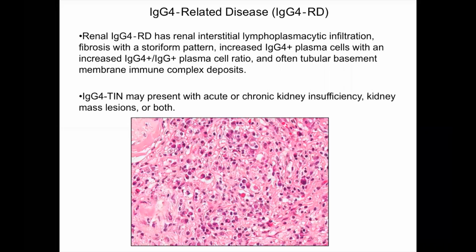Okay, in the kidney we have similar features, with renal interstitial lymphoplasmacytic infiltration, but the pathognomonic feature is that we have storiform fibrosis. You probably remember what storiform looks like from Dr. Ahmed's lectures, which looks like a fan. There's a focal point, and I'll show you pictures, and then there is kind of like